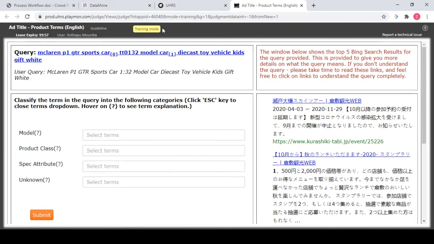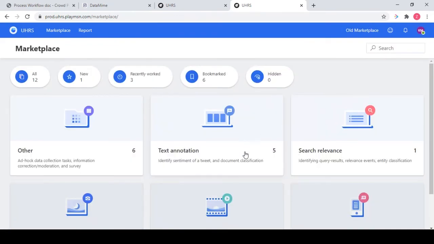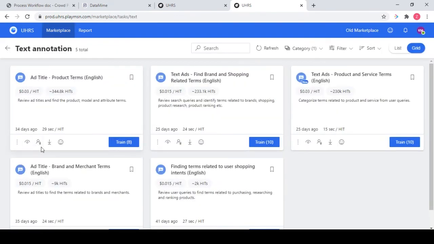This is the training mode where you have a question and I have to fill in some details, and there is a submit button. Read through the guidelines, understand them, give all the details that are supposed to be given, and click on submit to finish or move on to the next question. So this is how your training set will look like. Again, how do we come back onto the dashboard? Just click on this to return back to the dashboard. So that is how your training one looks like.